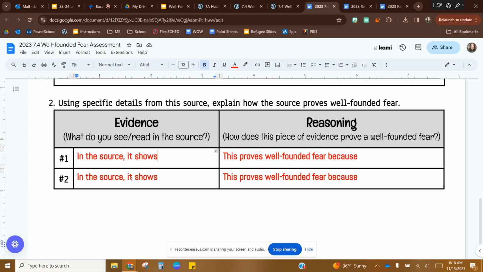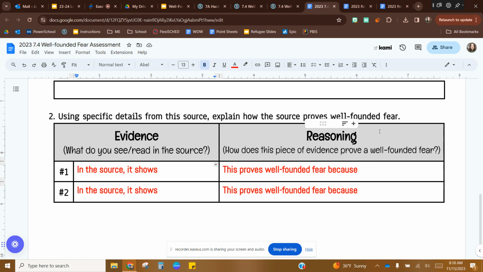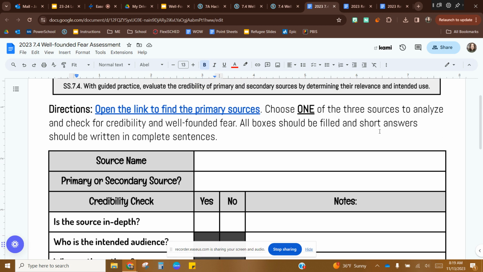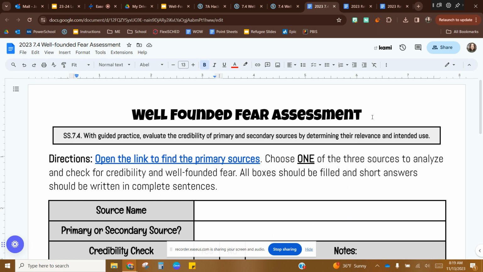The left side can be a direct quote if it's the reading, but if it's obviously the picture or the video, you'll need to kind of explain what you're looking at, okay? And obviously, the more detailed you can be in this second section, the better, because I need to know exactly what you're thinking, and the more you explain that, the better chance that you have to get a 3 or a 4. Okay. But that's it.